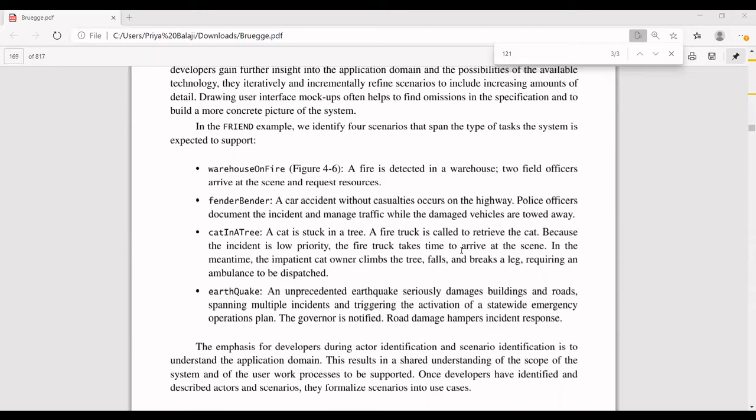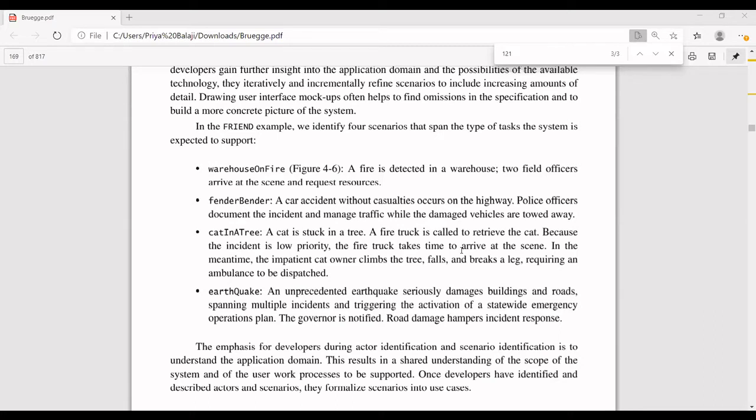For example, if an earthquake has happened, a field officer goes to that particular place and notes that an earthquake happened. He enters the details into the front function and tries to ask for some resources from the dispatcher. Once he has entered it, according to the type of the incident, the higher official is automatically informed. If it is an earthquake, it has to be intimated to the government sector. If it is a fire engine, it has to be intimated to the fire officers.